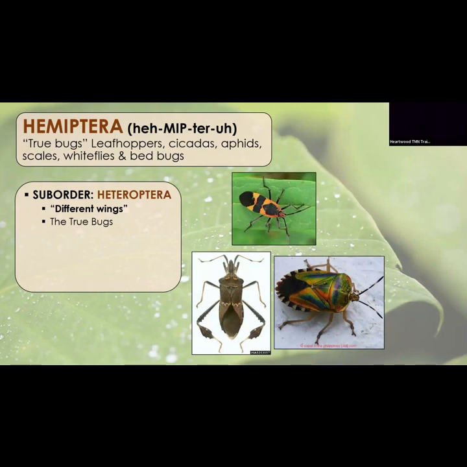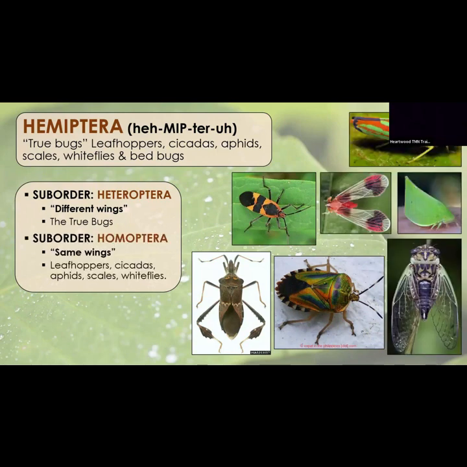Within Hemiptera, you have a suborder called Heteroptera. Just like heterosexual, right? Heteroptera means different wings. The outer wing and the inner wing are different. Suborder Homoptera, same wing. Both pairs of wings are pretty much the same. So we'll go down those based on that breakdown. You've got Hemiptera, which means half a wing, and under Hemiptera, you've got hetero, half a different wing, and homo, half the same wing. You got your hemi, your hetero, your homo, it's all there.